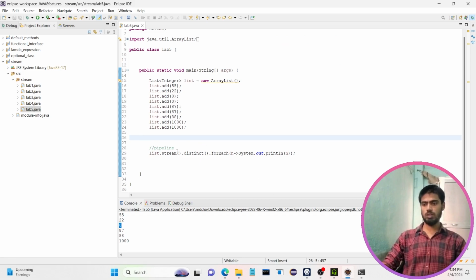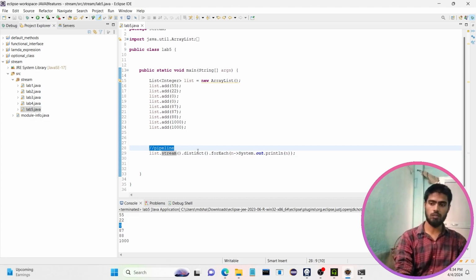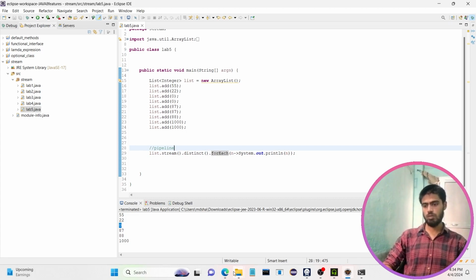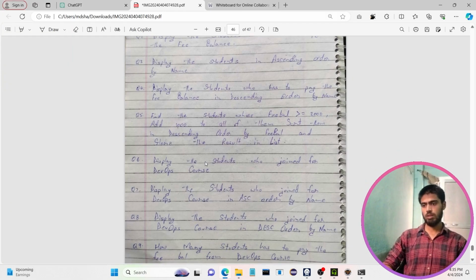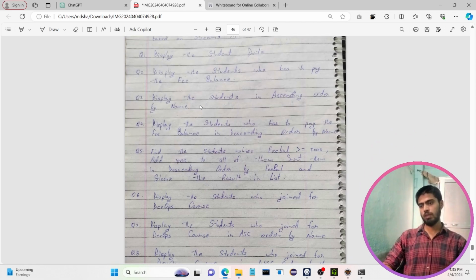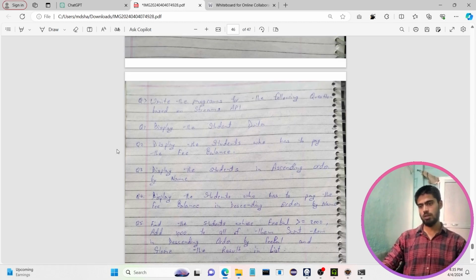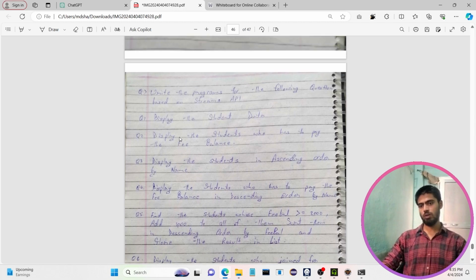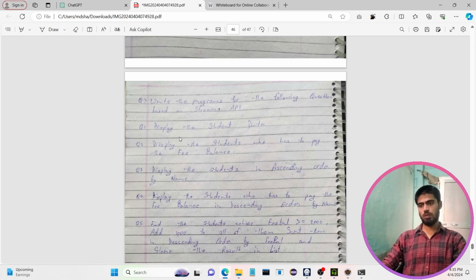So like we are using the Stream method, that is adding everything in a pipeline, and on that pipeline we are invoking multiple methods, and those elements inside the pipeline get evaluated based on the methods that we are invoking on that pipeline. So basically these 2 pages contain the questions that you have to solve in order to clear your Stream API concept